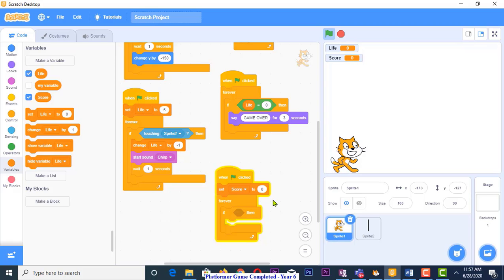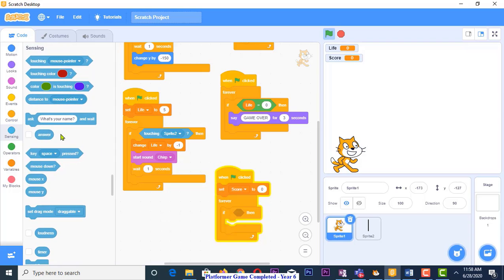Now, under what condition should the score increase? Definitely it should be rewarded a score when it jumps over an obstacle. So I would say when the key space is pressed. That will be found under sensing. When key space is pressed,